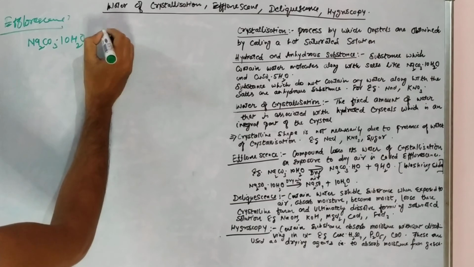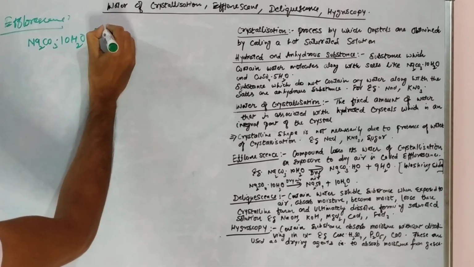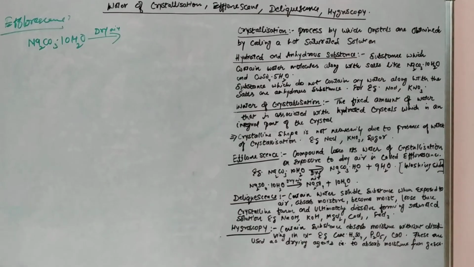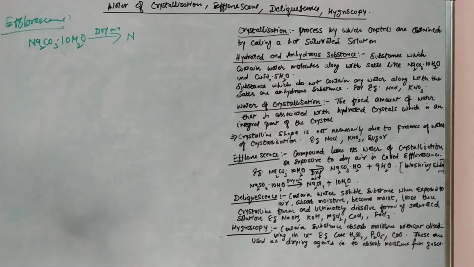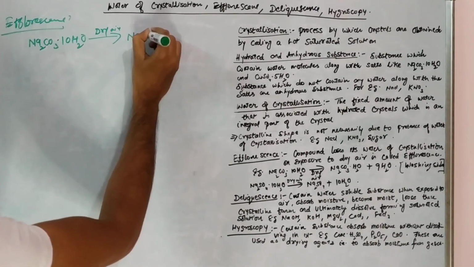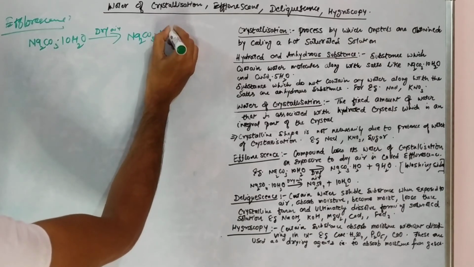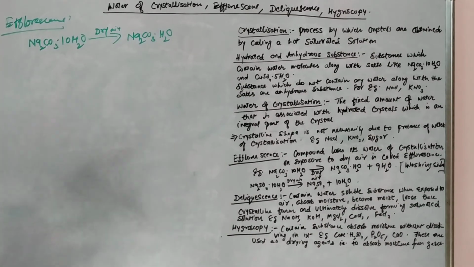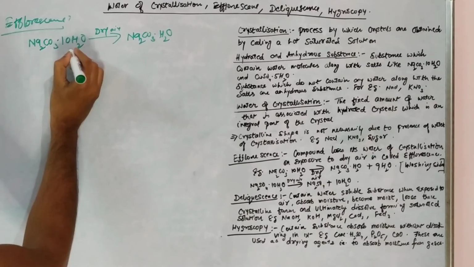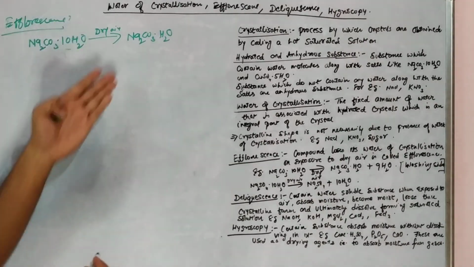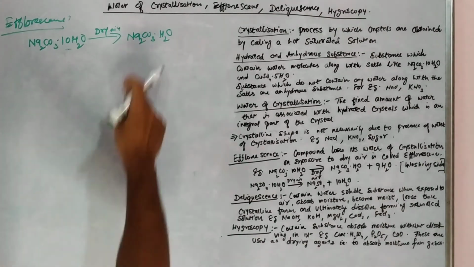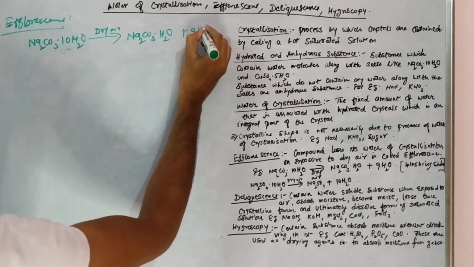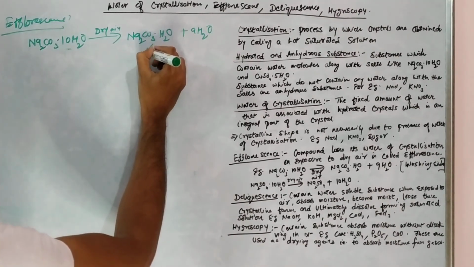When they are left in air, say dry air, these decahydrate crystals will change into monohydrate, right? 9 water molecules were removed from these sodium carbonate crystals and only one molecule of water is left. So this is a monohydrate plus 9H2O,